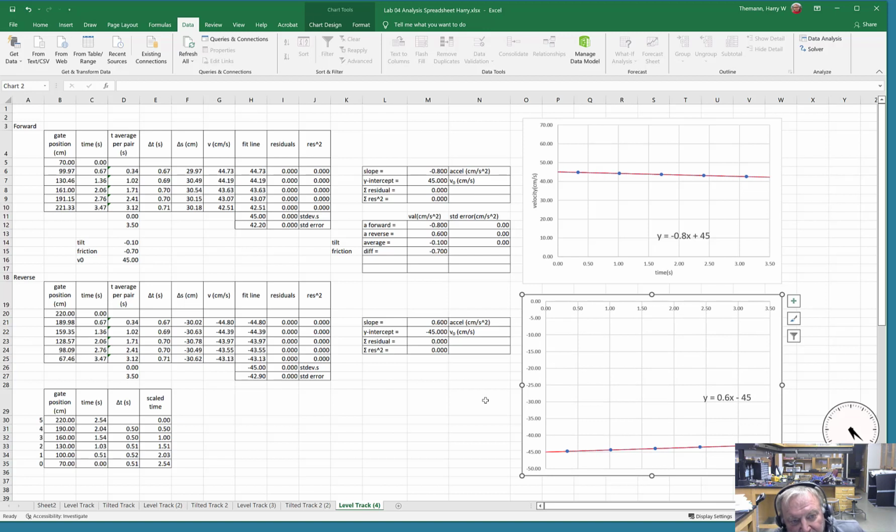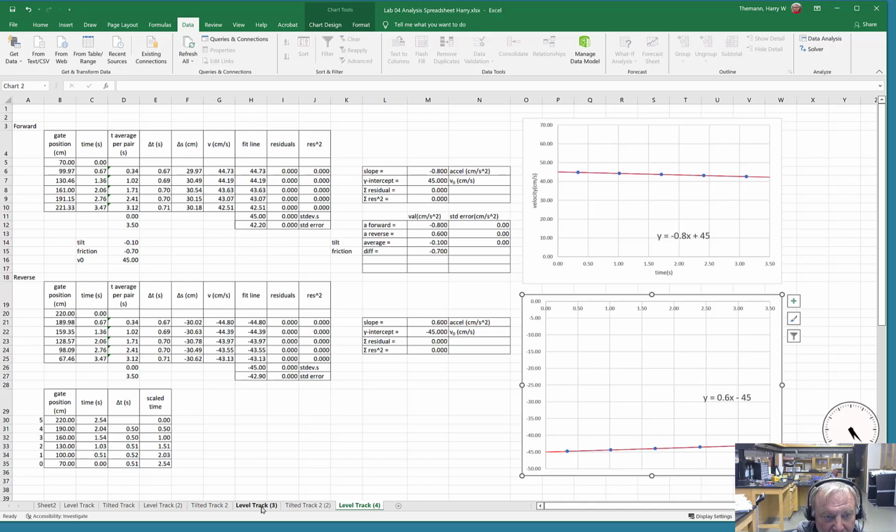Now these graphs you know about from the other videos. And so you see here that when I let it go at top, it slows down. It's a negative acceleration. In fact,